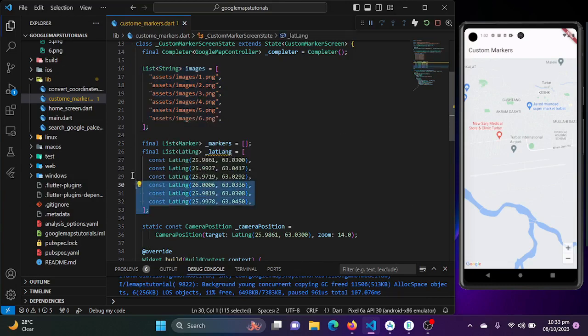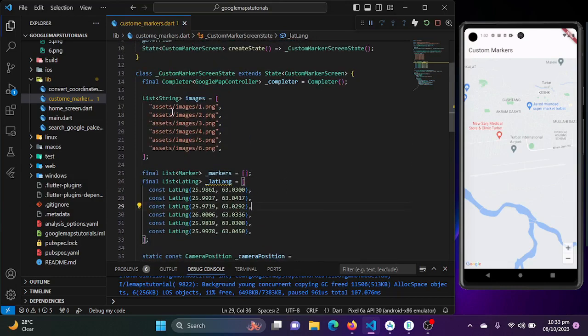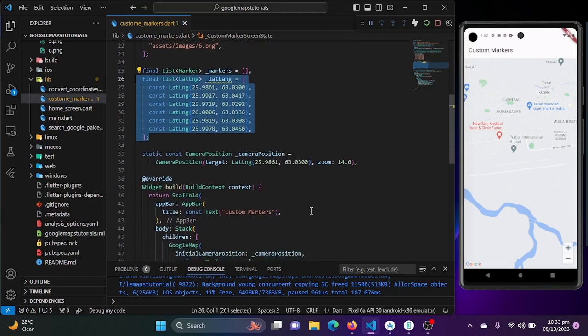I have already added these to save some time, so you can also copy and paste them, or you can take the coordinates from Google. So basically I have done nothing, just added a list of images and a list of latitude and longitude, basically coordinates,